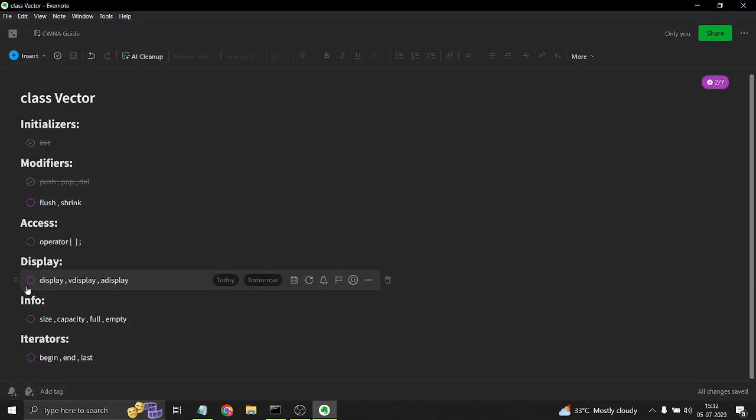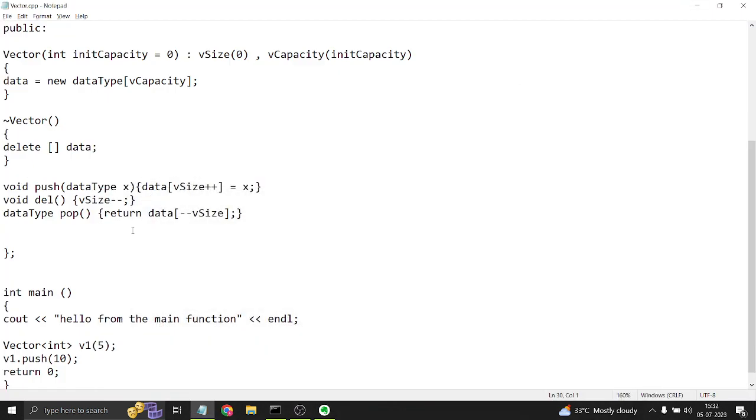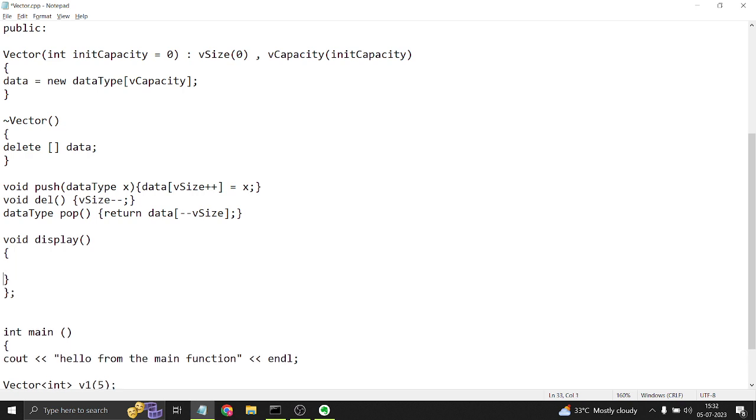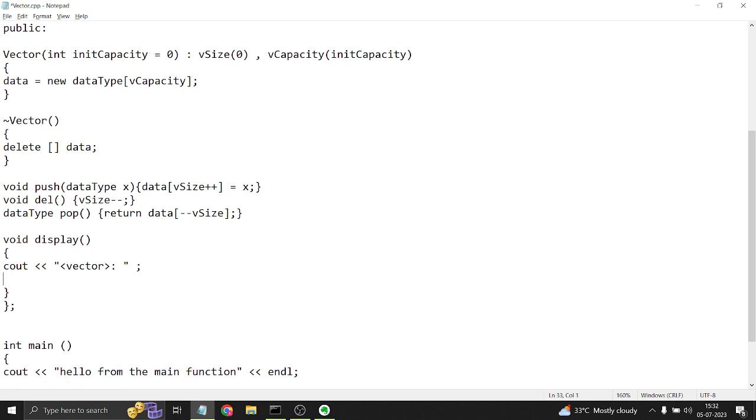Over here we have 3 definitions of display. We're going to implement these, and we just need to switch a couple of things for vDisplay and aDisplay. Let's write the void display function first, which is going to display our vector. So cout vector, and then we do a for loop for int i equal to 0 while i is